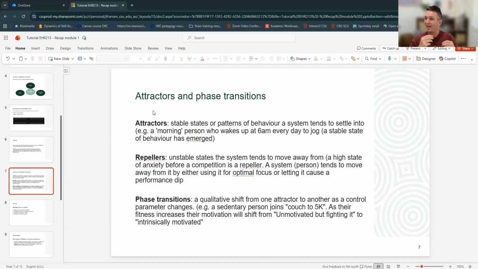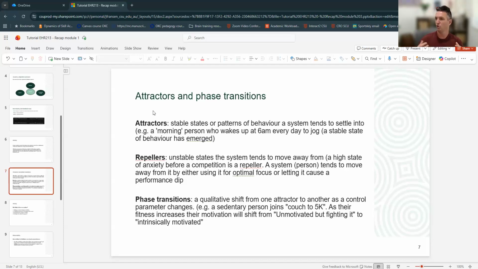That means as you increase a particular parameter, you can't shift someone directly out of an attractor state. Sometimes it takes a lot of effort, but then all of a sudden they will shift and they will snap out of it and they will settle into this new attractor state. This new attractor state becomes more and more stable. As it becomes more and more stable, it takes more energy to get someone out of it. And that's why it's so difficult.